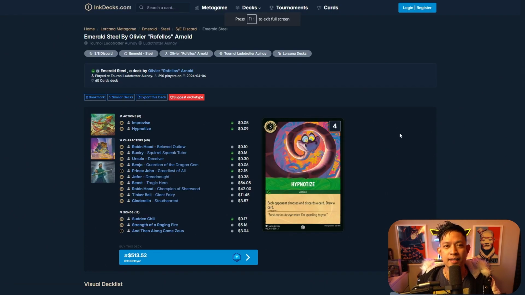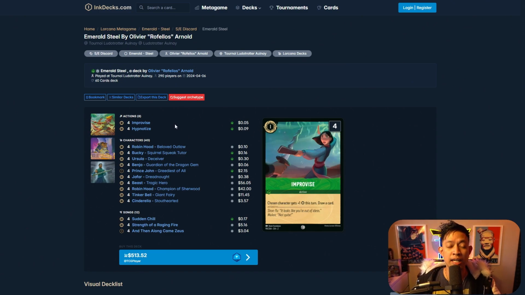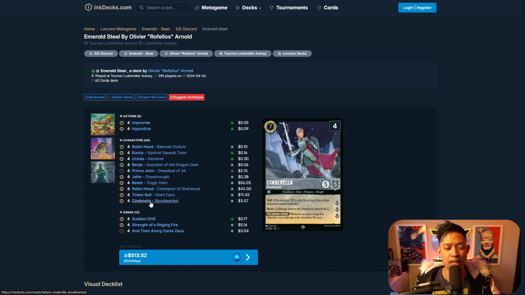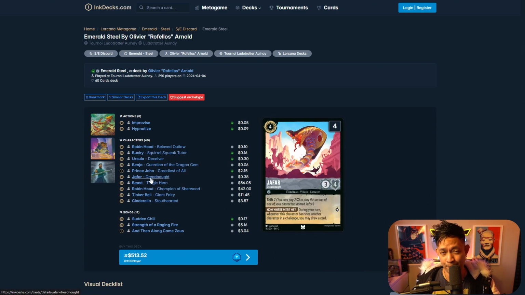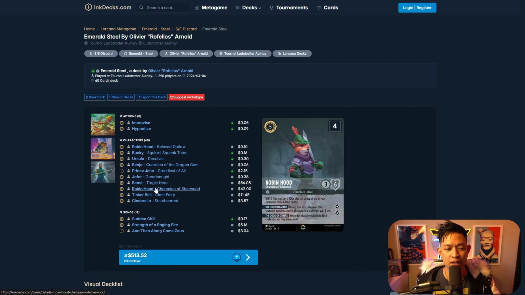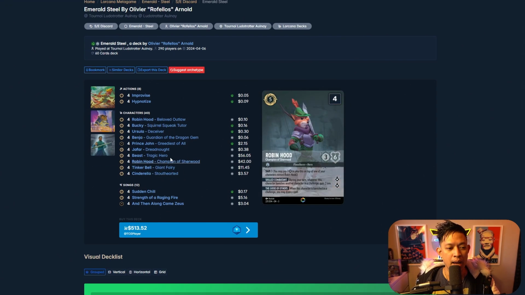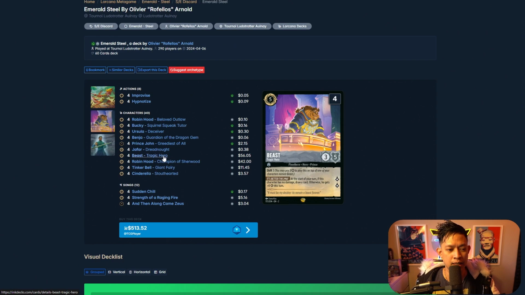This one is a special deck for me. And it made it to top 2, and I'm really proud of you, and congratulations. Olivier Rofellos Arnold. Rofellos, congratulations for this deck. This is what you call an Emerald Steel discard, but this is the Floodborn discard. This one runs Bucky and 20 different Floodborn cards, from Jafar to Beast, Robin Hood, Tinkerbell, and Cinderella. I'm very happy to see that it placed at top 2, because I played a lot